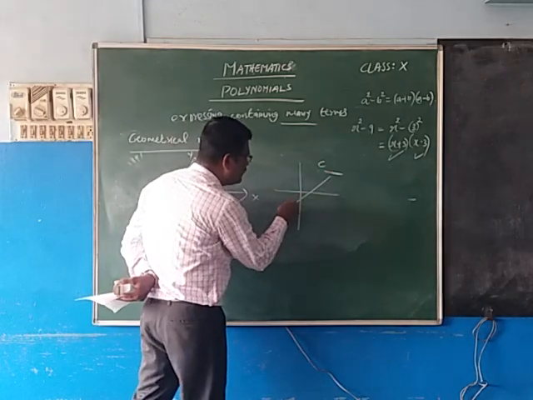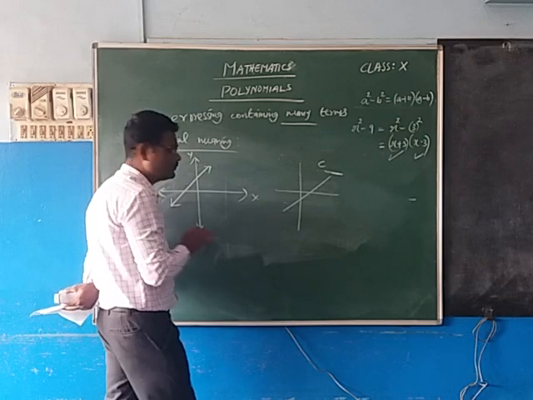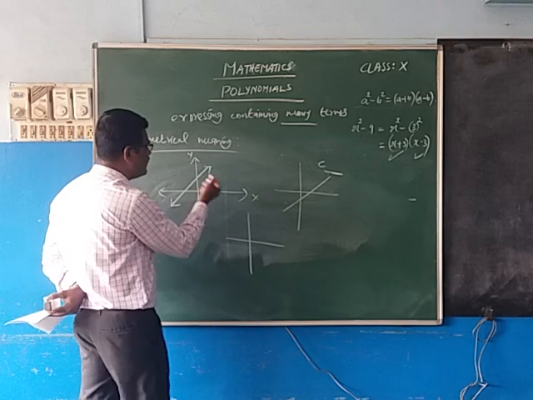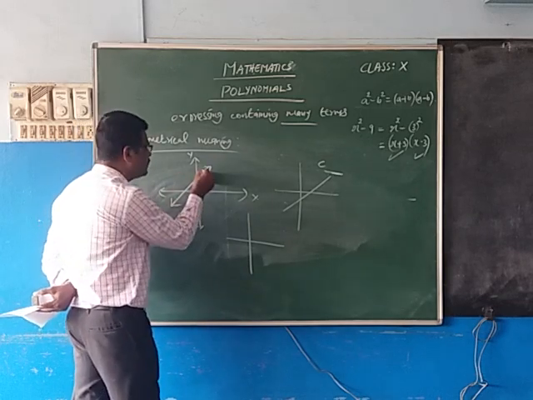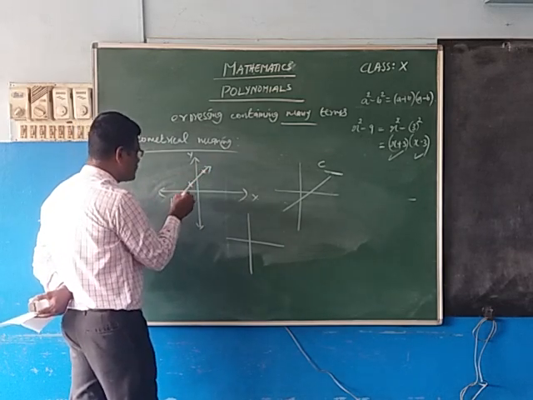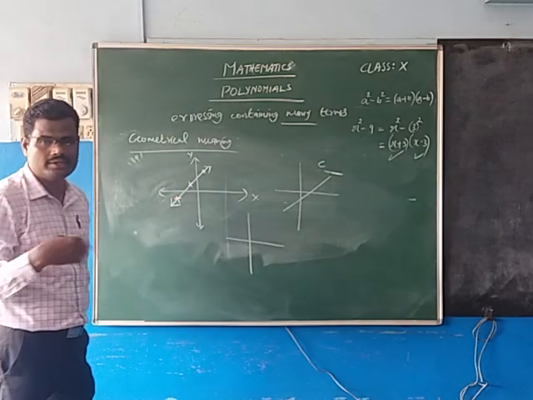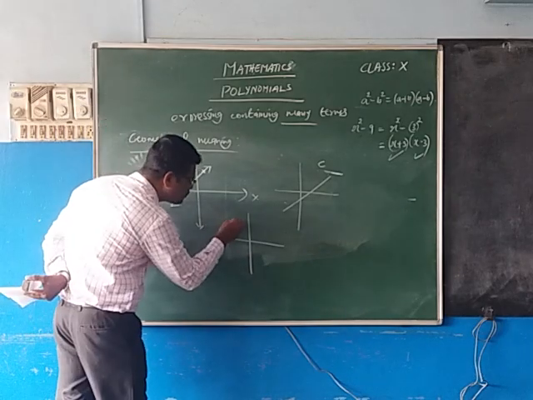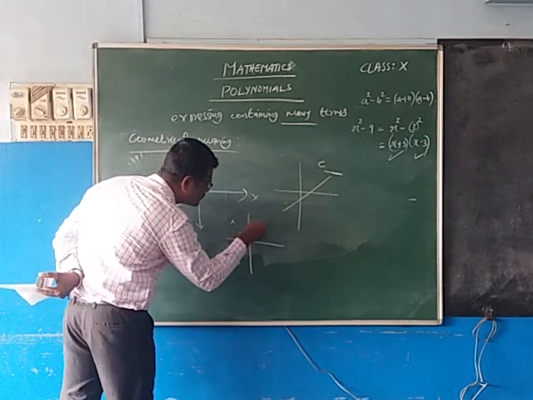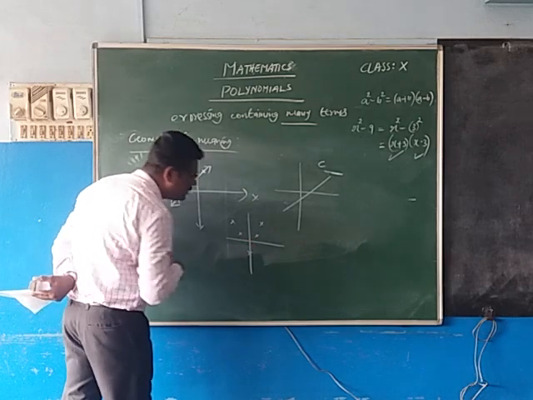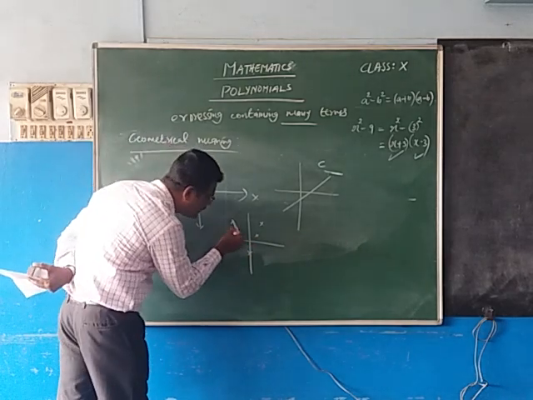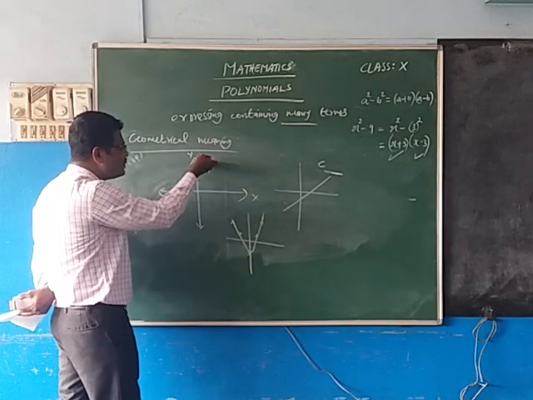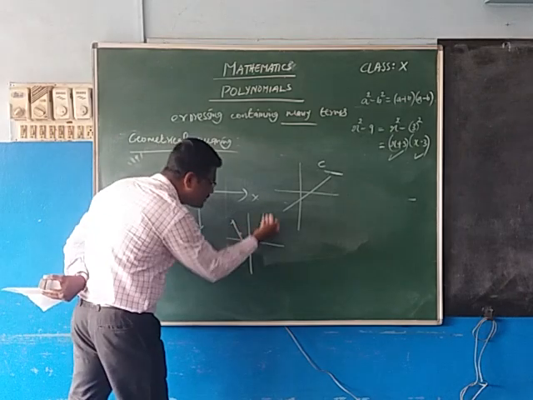So there is a line. It is a straight line. How will we get a straight line? Suppose the point lies here. Coordinates. In 9th we have learnt coordinate geometry. Joining the points, sometimes we will get a straight line. Suppose points are like this. You won't get a straight line. When you join like this, you will get a curve. Got it? Sometimes you will get a straight line, sometimes a curve.